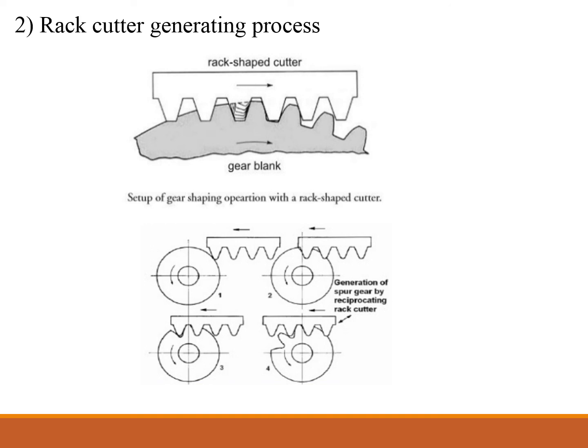The cutter must be disengaged at suitable intervals and returned to the starting point, the gear blank meanwhile remaining fixed. Advantages of this method involve a very high dimensional accuracy and a cheap cutting tool. The process can be used for low quantity as well as high quantity production of spur and helical external gear.